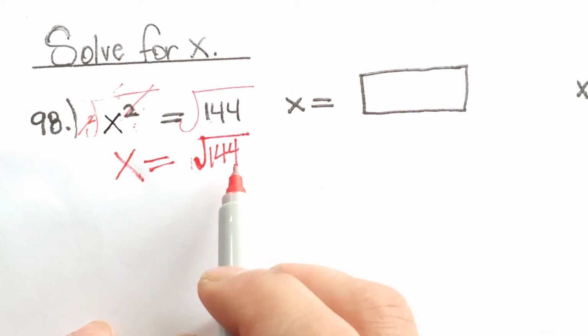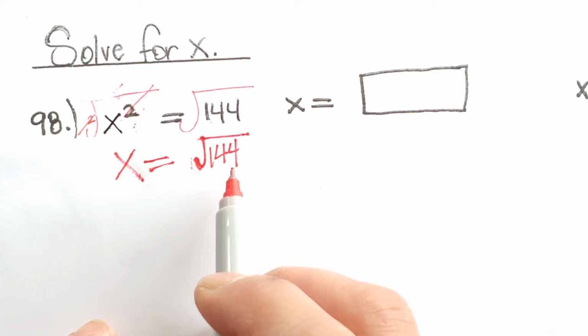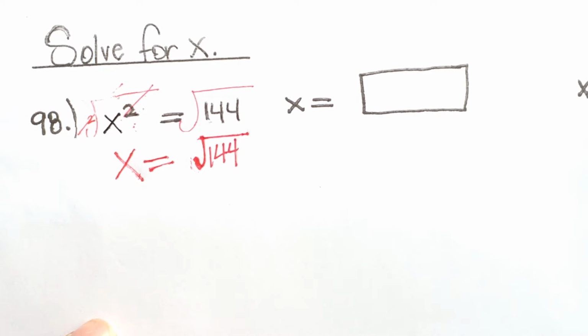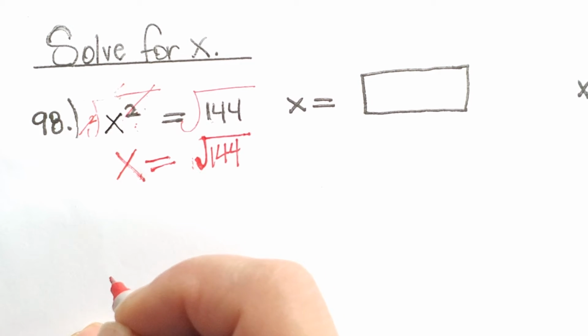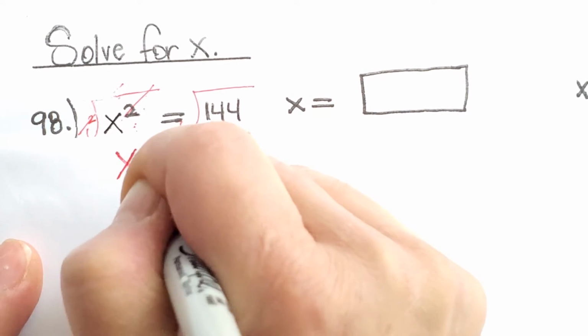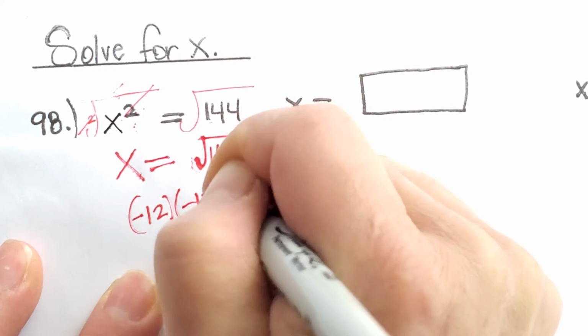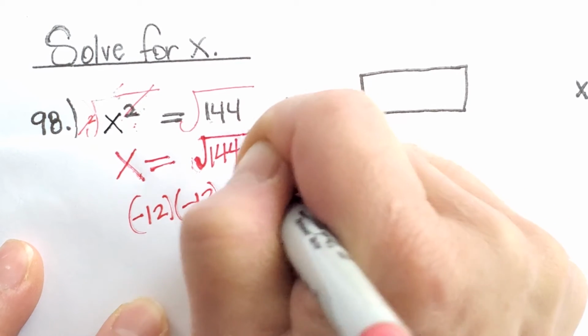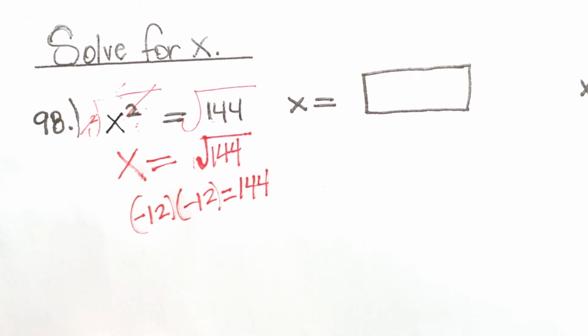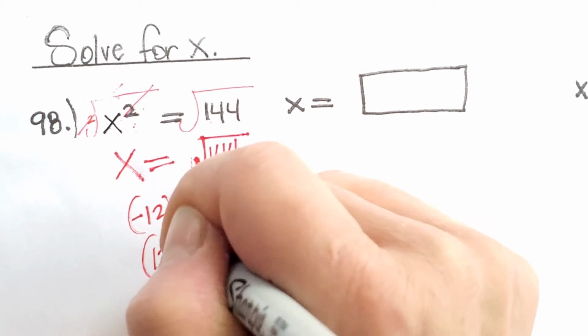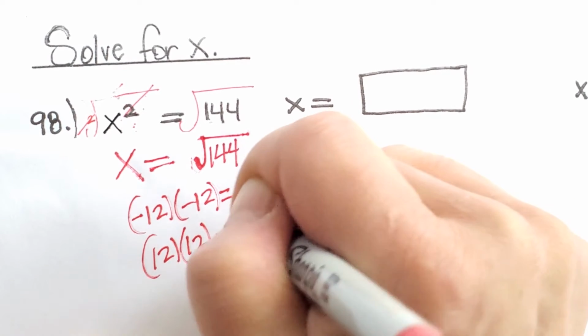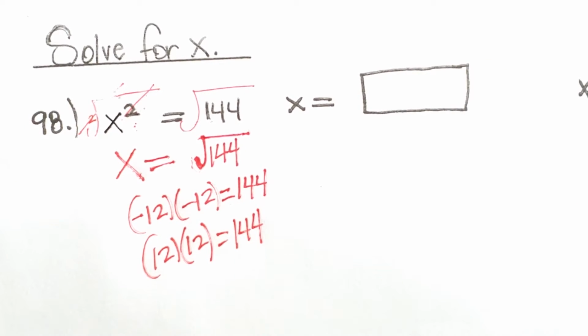So here we have a perfect square of 144. So what's the number that, multiplied by itself, gives you 144? That's 12, right? Because 12 times 12 is 144. But what else when multiplied together gives you 144? How about this? Remember this? Negative 12 times negative 12 is 144. So not only does positive 12, when multiplied together, give you 144, but